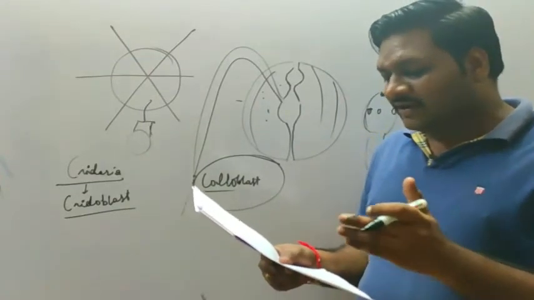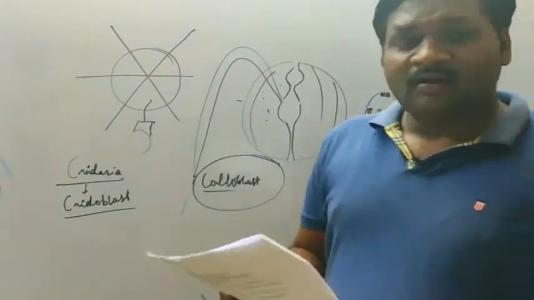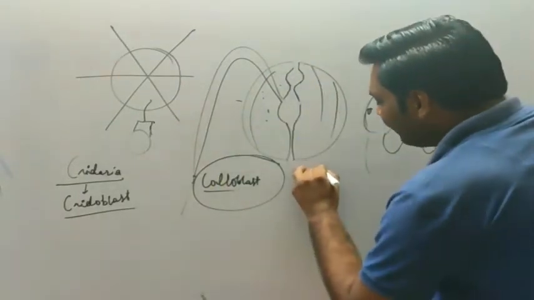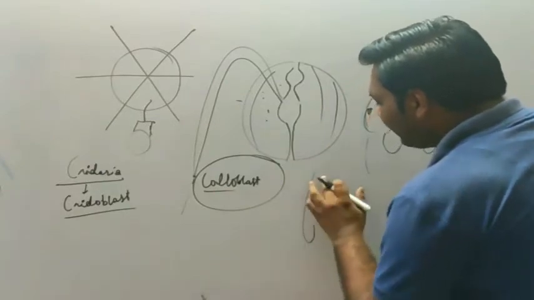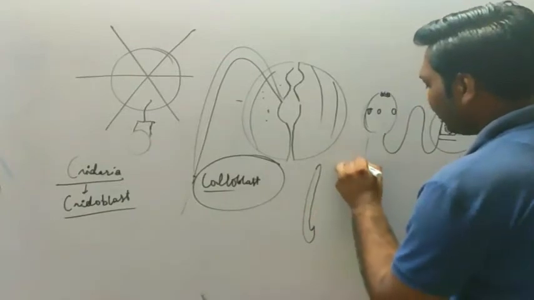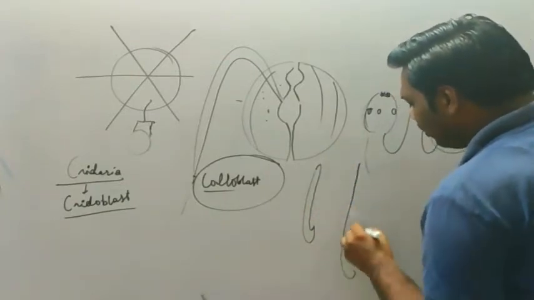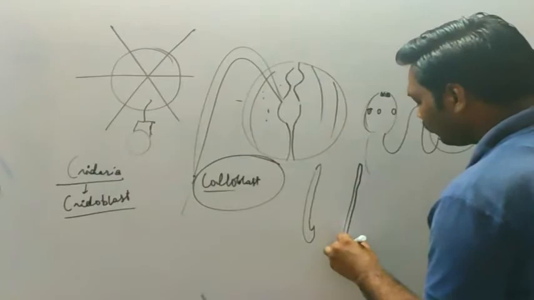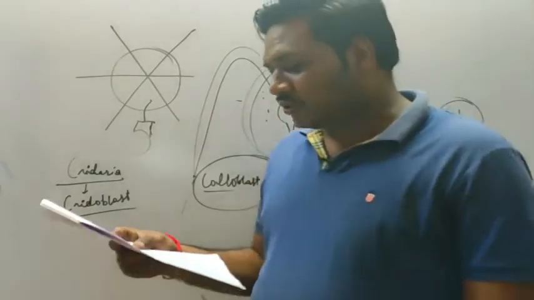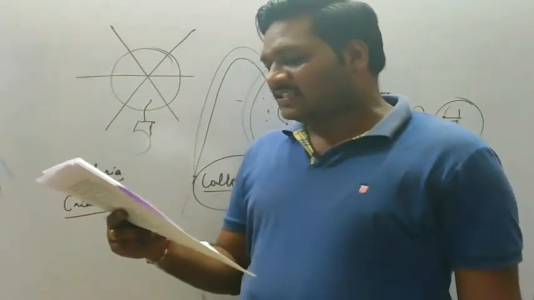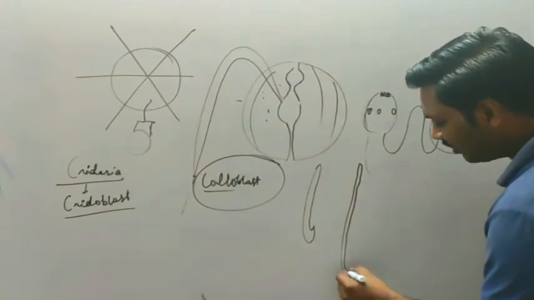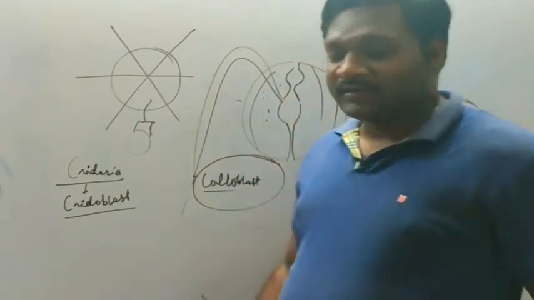Female Ascaris can be differentiated from male, if we look at the structure. Structurally, males are smaller than the females, and females you can see are larger. So that is the structural difference, and the option is also given: longer than male and straight posterior end. So they have the straight posterior end, and they are longer than male.